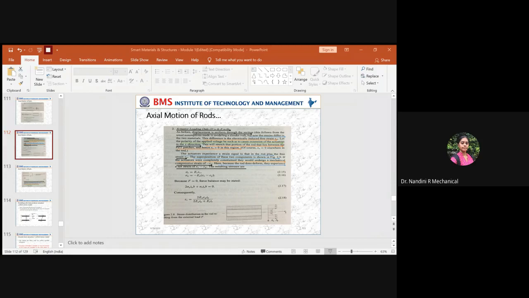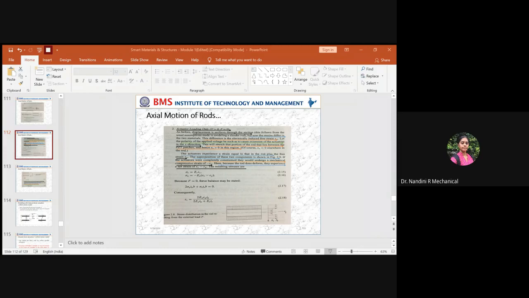But one thing you have to keep in mind, when you apply the voltage, the strain induced in both the surfaces will be different. Across the actuator will be different and across the structure. And there will be a change in the polarity of the voltage applied. And as a result, it will move towards the positive x direction. And the maximum strain will be across the piezo element, whereas the strain across the structure will be greater than 0, but too negligible, where you can assume it as equal to 0, but theoretically you cannot put that value. You will show that the strain across the structure is greater than 0.